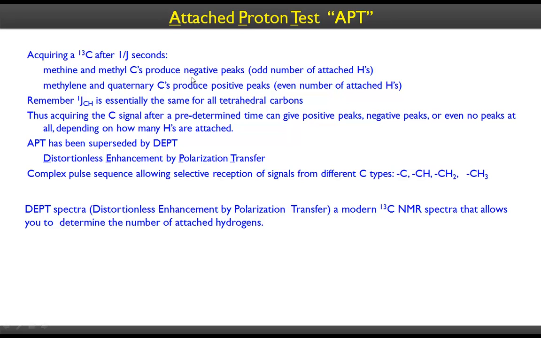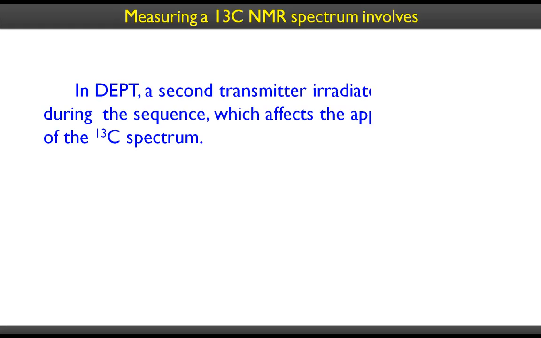So then there are different types of DEPT. As I said, APT has been overtaken by DEPT. DEPT is pretty much easier to run than the APT, and it lets you determine the number of attached hydrogens. If there are two peaks that are negative, then you know that there are two methylenes, right? So you can differentiate between different types of carbons, whether it's primary, secondary, or tertiary, whether it's methyl, methylene, or methyne. So APT has been outdated now, and not many people run APT because now we have more sophisticated DEPT